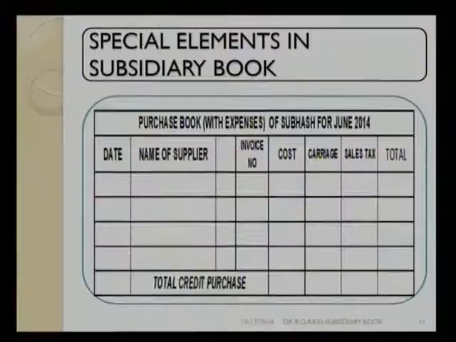Suppose I am a purchaser and I am going to bear them, then I have to classify the cost price of the goods, tax on it, then purchase price, then loading charges, then unloading charges, and then total. Now this will give me a particular transaction total which is given in a column. And on each and every date, if it may happen that you have purchased goods from the next door shop, so these expenses may not be there. So you put simply a dash and you go directly to the total column.